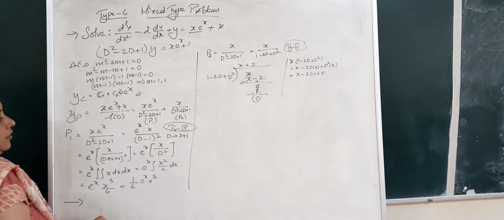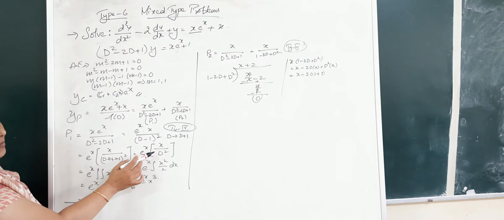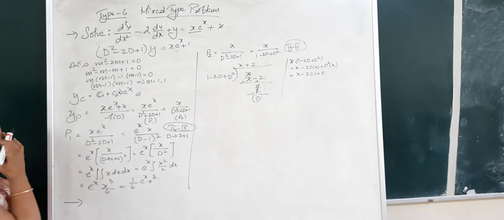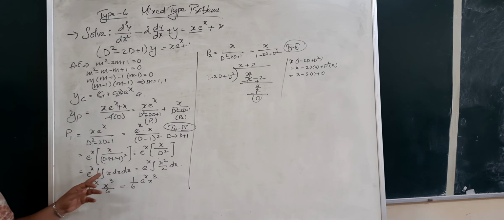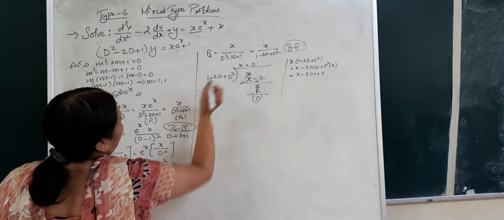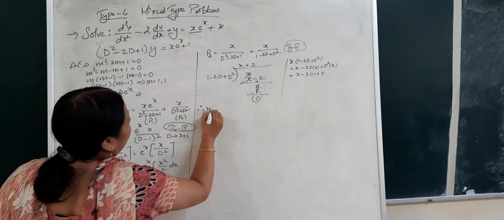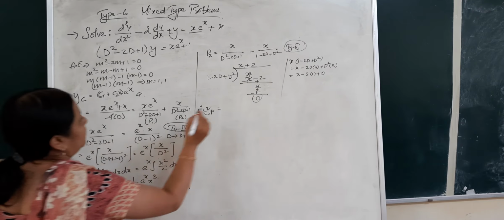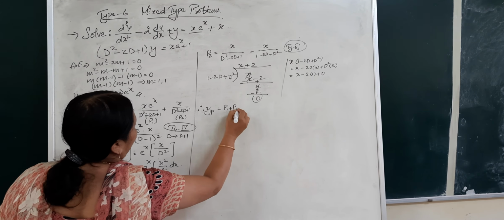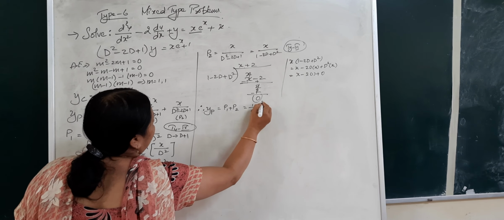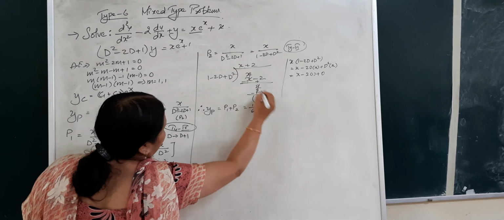Okay. Here also we were supposed to apply type 3, but luckily you don't have the further terms. Only one term is there in terms of D. So that makes things easier by considering the antiderivative, that is our integration. Anyways, the P2 value therefore is the coefficient x plus 2. Hence our yp is equal to P1 plus P2. P1 is 1 by 6 x cube into e to the power x. P2 is x plus 2.